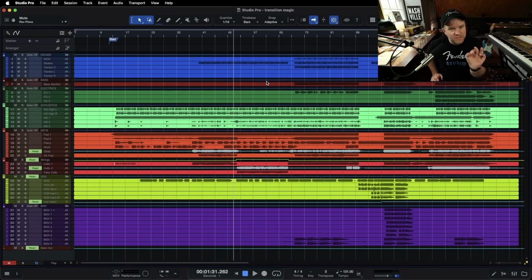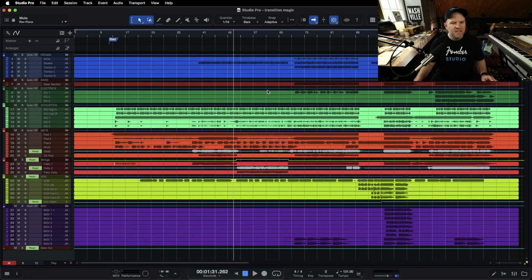Hey, I got a quick production tip for you today, an easy way to take your transitions and elevate them. What do I mean by transitions? When you go from one section to the next, from a verse to a chorus, from a chorus to an instrumental or a solo, basically anytime we're switching from one section of the song to another, this is one thing that I've employed time and time again that's worked super well to make sure that transition feels super good, has this energy to it, and doesn't leave me disappointed by the end. You can absolutely overdo this, but if you do it just right, it makes all the difference.